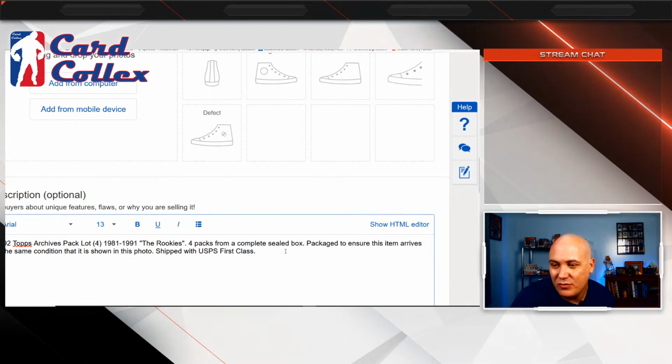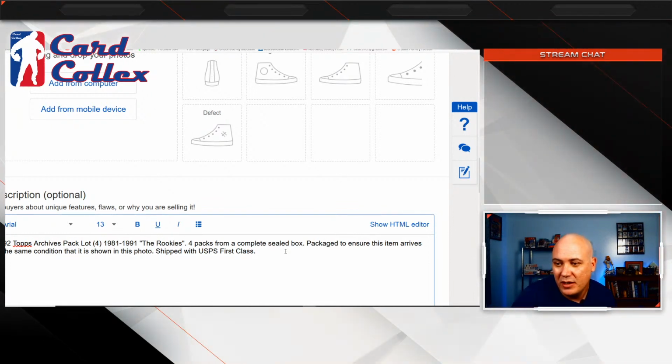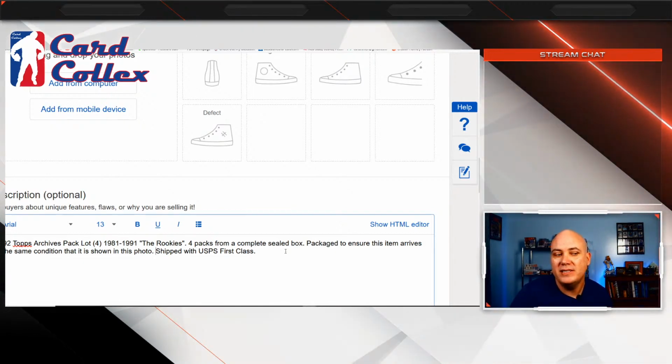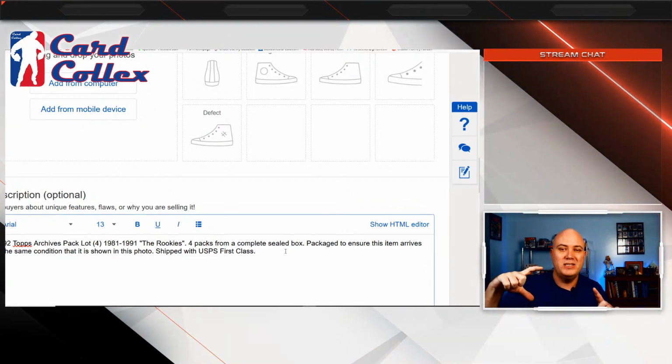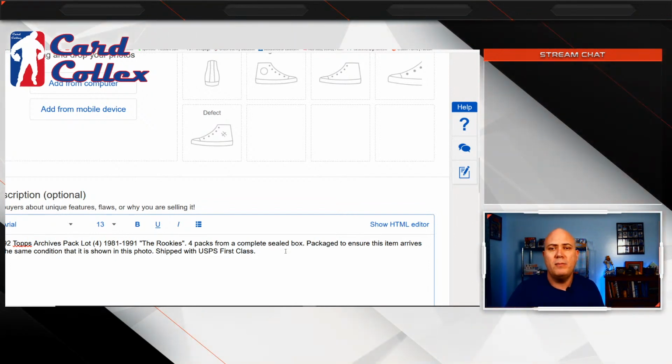Jesse, do you use standard 4x8 bubble mailers when shipping? No, normally I don't. I will if it's just a couple cards in top loaders, if they're protected to the point. And even if it's cards in top loaders, if I'm putting something in a bubble mailer, I'll cut out a piece of cardboard and put it behind, or sandwich them in cardboard to put it in a bubble mailer.